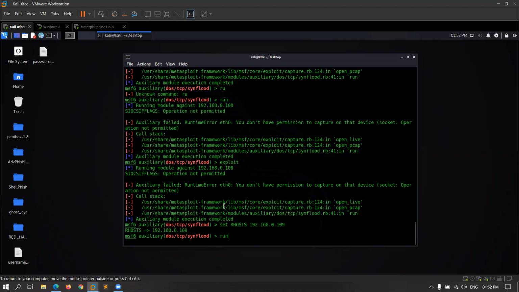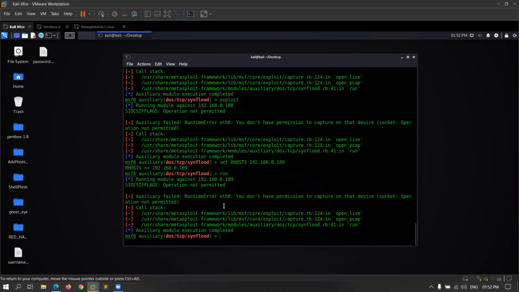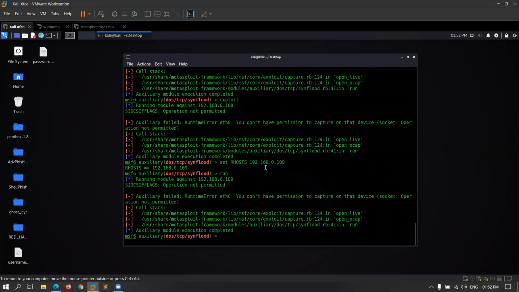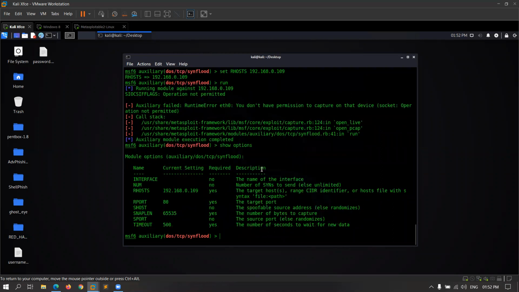So now I will try to run, and it is not putting the... Okay. Set RPORT, and RPORT is 21.